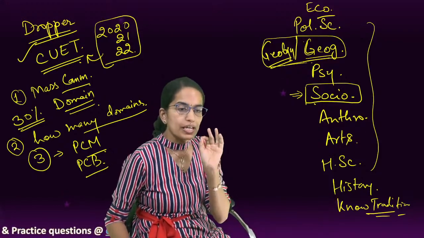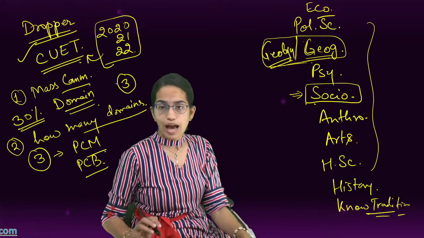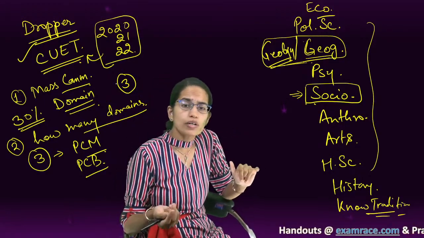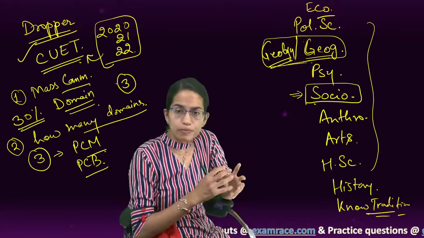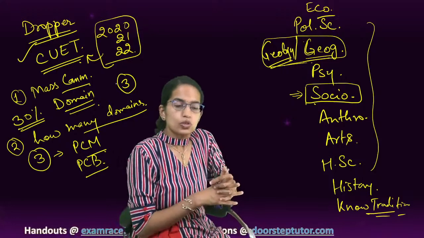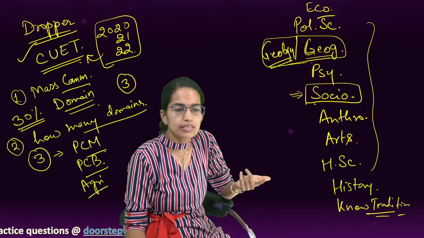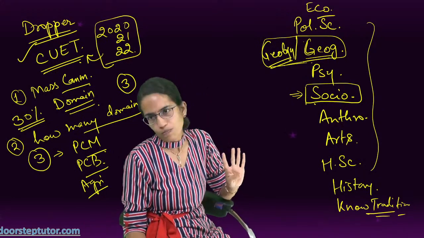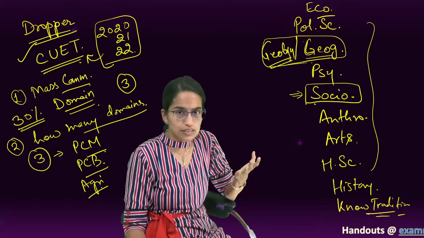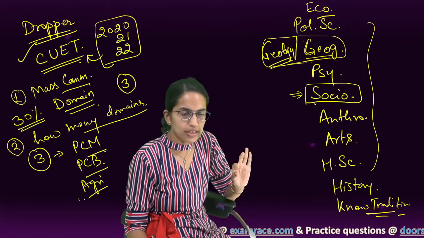Now what we recommend is minimum 3 domains you should opt for. But if you want to have broader avenues, let's say I am a science student and I also plan that if I don't get into a basic BSc program, I can go for BSc agriculture as well. So there is no harm picking up agriculture as another subject. So rather than having these 3 subjects, you can appear for 4 subjects and your best scores would be counted. So agriculture is another good option that you can take.